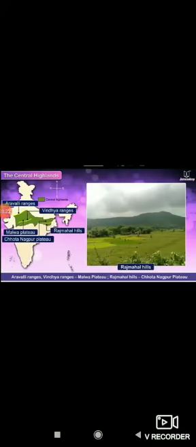The part of the peninsular plateau lying to the north of the Narmada River, covering a major area of the Malwa Plateau, is known as the Central Highlands. The Central Highlands lie to the north of the Narmada Valley and comprise the Malwa Plateau in central India and the Chota Nagpur Plateau in the east. Look at these two plateaus in the Central Highlands, Malwa Plateau and Chota Nagpur Plateau.